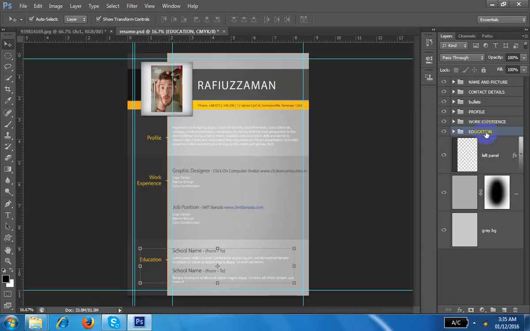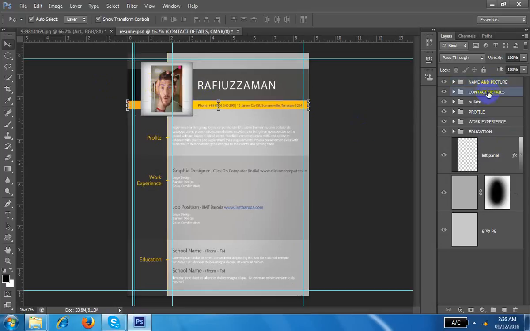Okay, let's go. So what happened? This is the professional resume, and what I am showing you, I downloaded all this file from the internet, from one of my friends. And this is the process. Name and picture, one photograph. In this group you can find your name, photograph, and background of the scene.